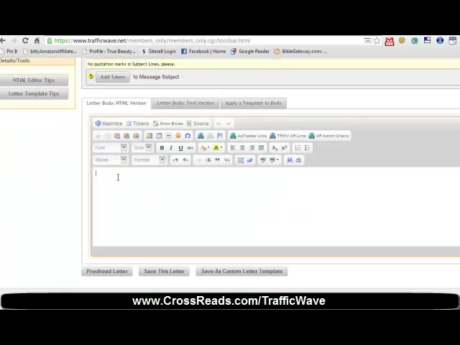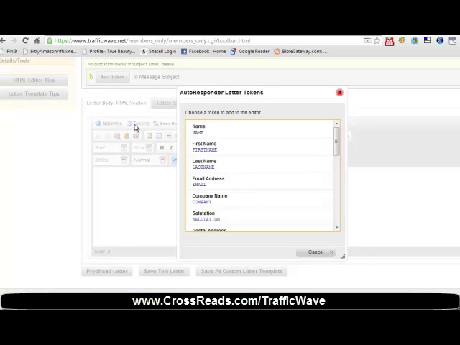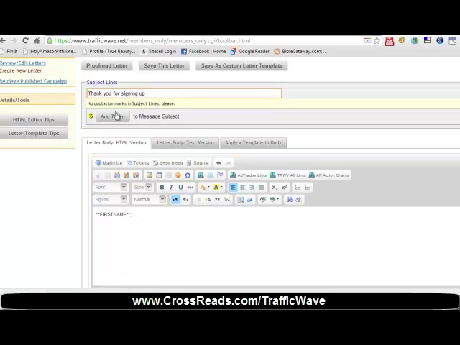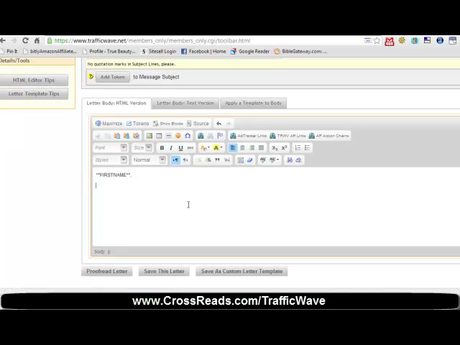And here's where I want to show you how to use a token. What you want to do is, if you've separated the first and the last name, you can put a first name token in here. And what this does is it automatically personalizes this email to the person you're sending. If you want to put a token in the subject line, you can do the same thing here. Like for me, it would say, Shelley, thank you for signing up. So it's personalized and it adds that personal touch. So that is something that I almost always use. And then you type in the text of your email, and I'm going to come back and do this later. And then your signature,